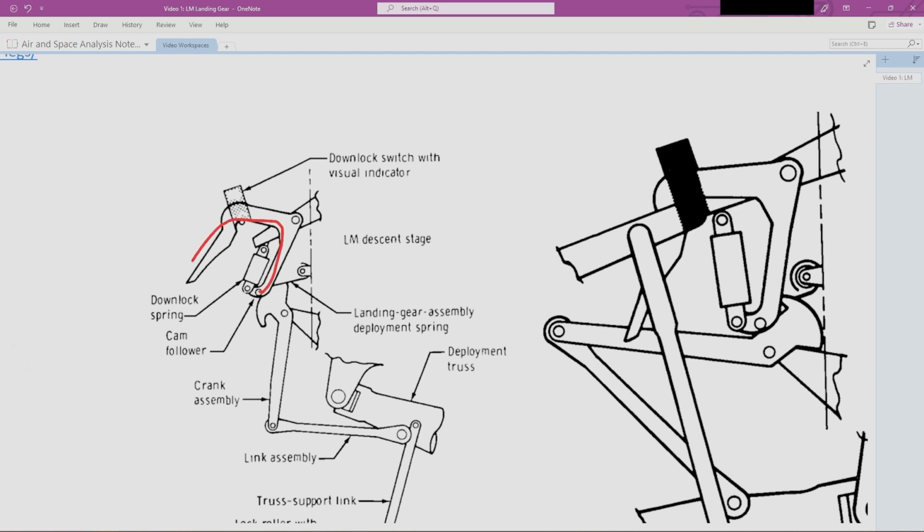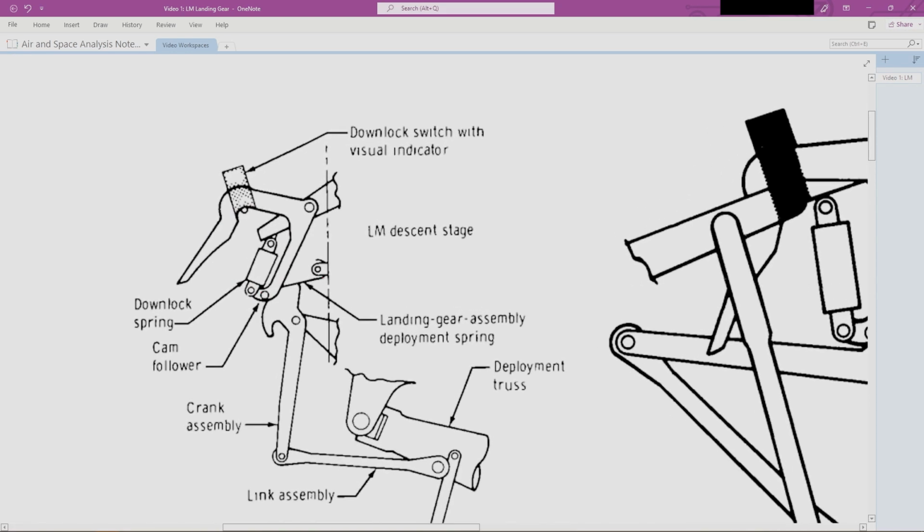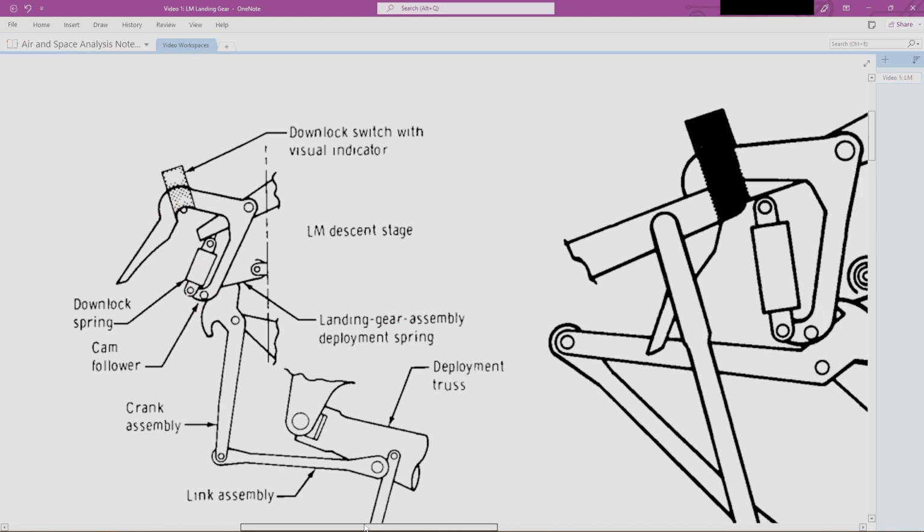This whole big arm rides along the crank, and it has a spring to keep it preloaded. So as this guy starts to rotate, it eventually reaches a point where this surface that's contacting it is past this point, and this whole thing will relieve itself of its preload, and it will snap down. So that's what this downlock spring does, and you can see now